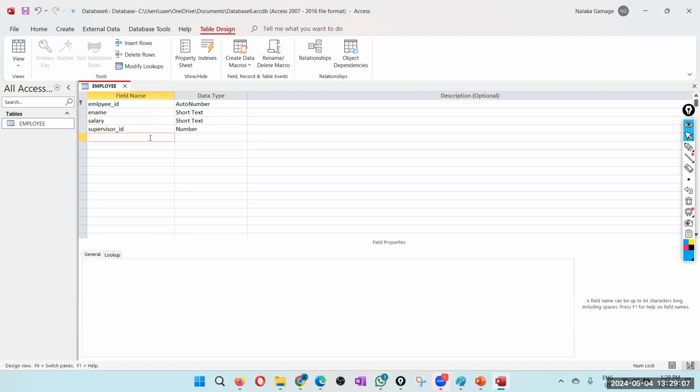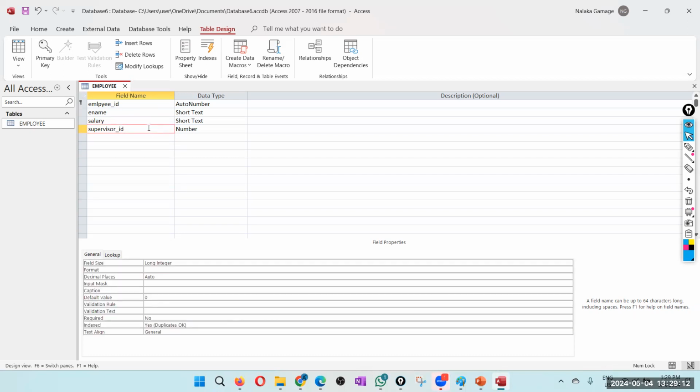Right. So I'll call it supervisor ID and I want to make this my foreign key. Okay. I want to make this my foreign key which is mapped to the employee ID. So there's a small